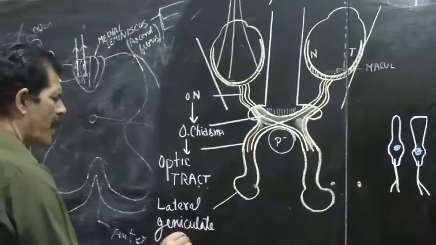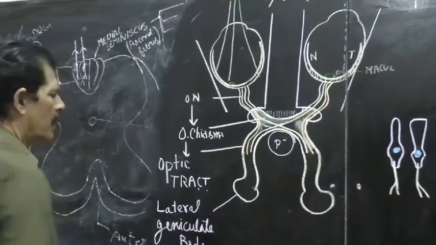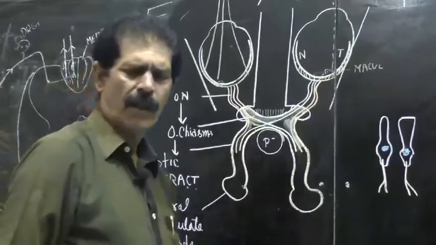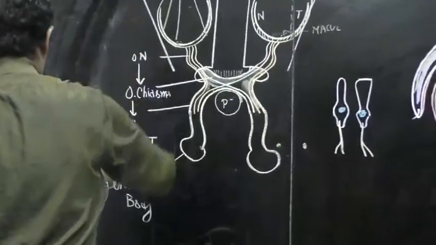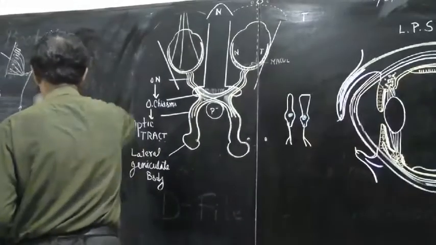It is part of the metathalamus, and this lateral geniculate body, which is part of the metathalamus,